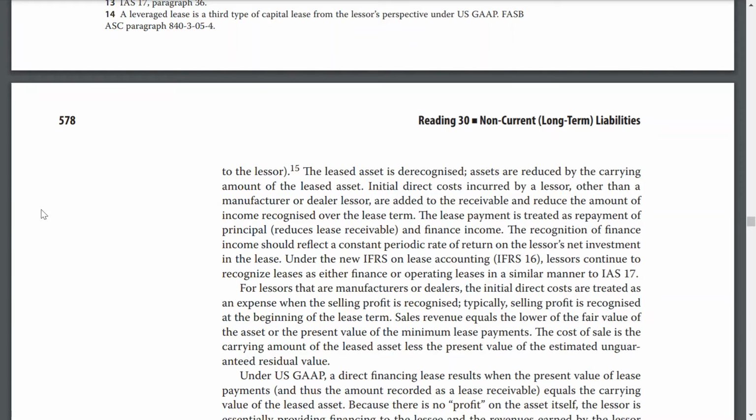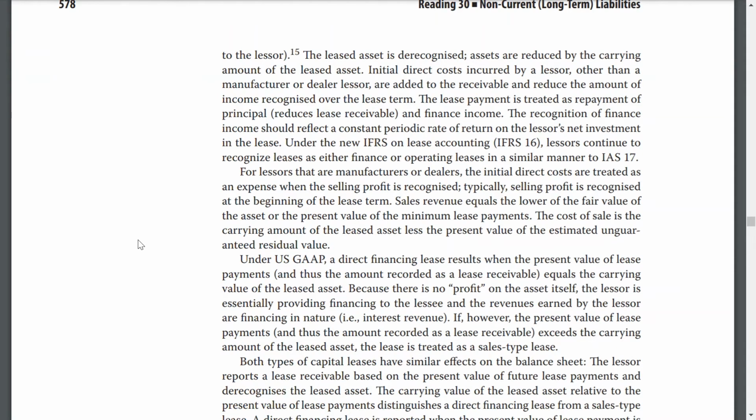lease. Under the new IFRS lease accounting, the lessor continues to classify leases as either finance or operating leases in a similar manner as IAS 17. For lessors that are manufacturers or dealers, the initial direct costs are treated as an expense. When a selling profit is recognized, typically it is recognized at the beginning of the lease term. Sales revenue equals the lower of the fair value of the asset or the present value of the minimum lease payments. The cost of sale is the carrying amount of the leased asset, less the present value of the estimated